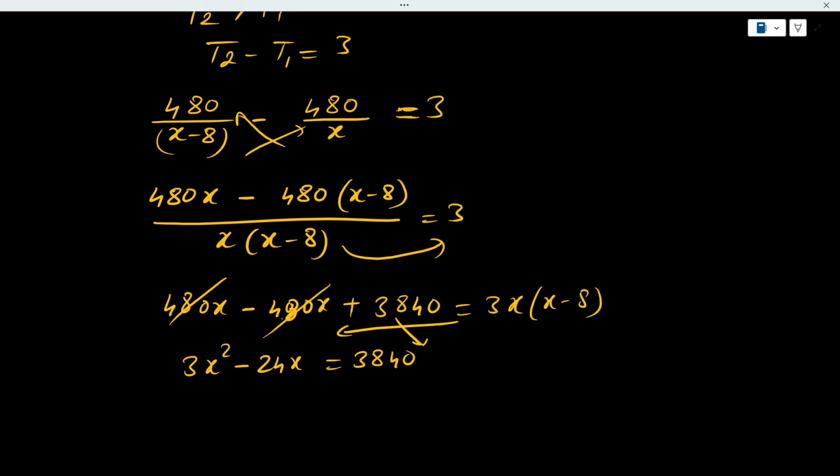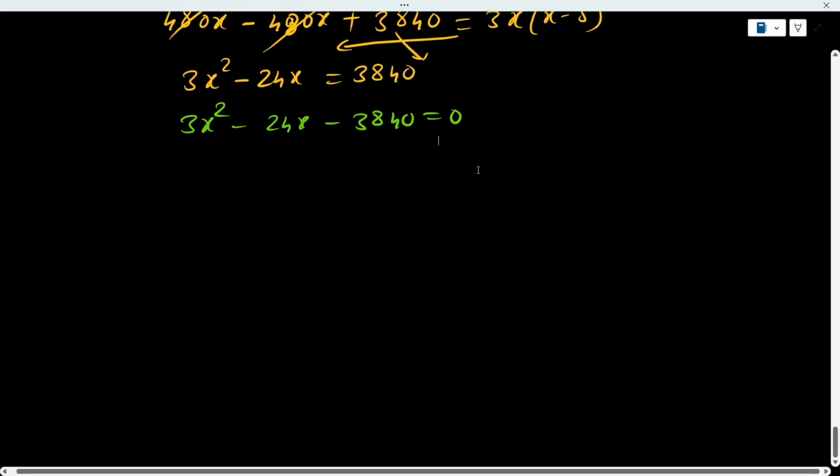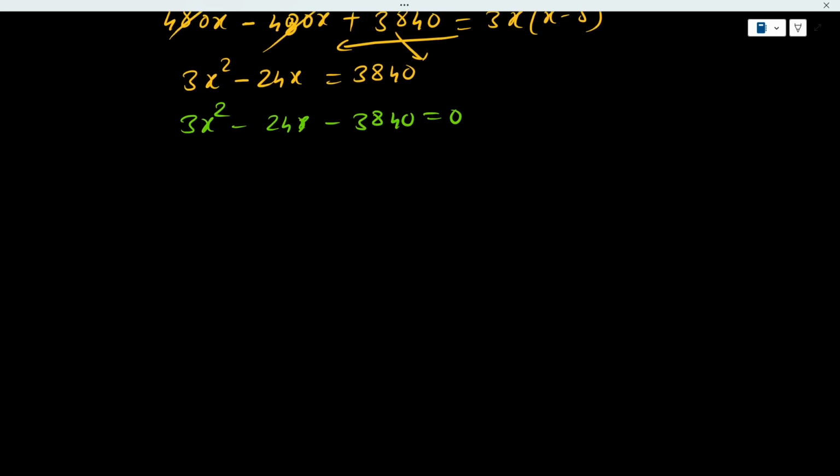Now I'm going to transpose the value so that I'm getting the standard form of the quadratic equation. Highest power is 2, so this is a quadratic equation, right? Now, what will be the simplest form of the equation? 3 is common among all the terms. So, x square minus 8x minus, if you divide this by 3, you will get 1280. So your equation's simplest form is going to be